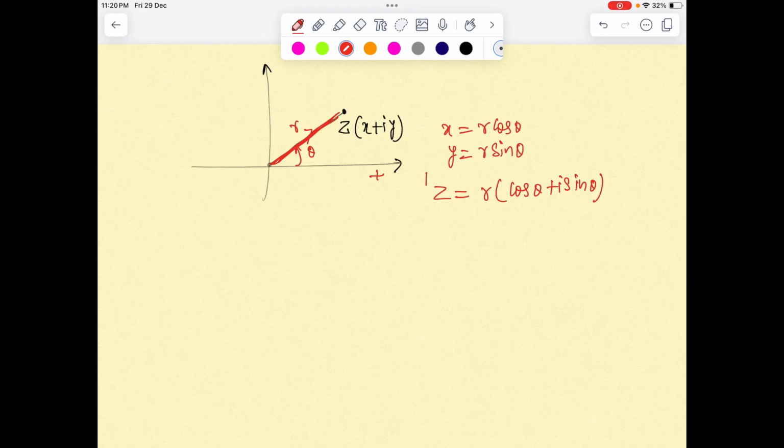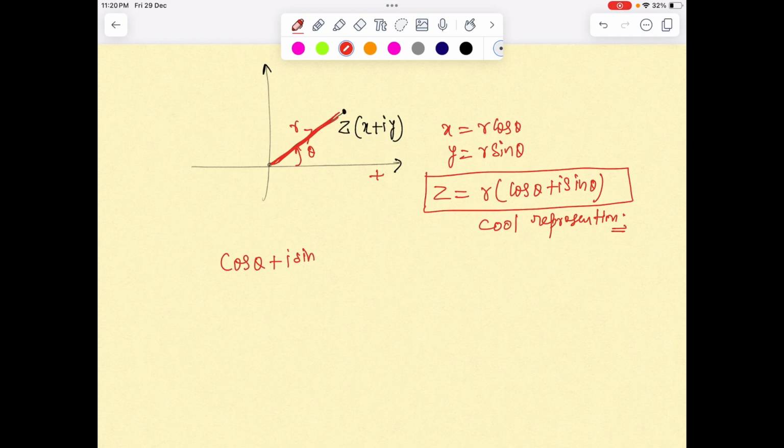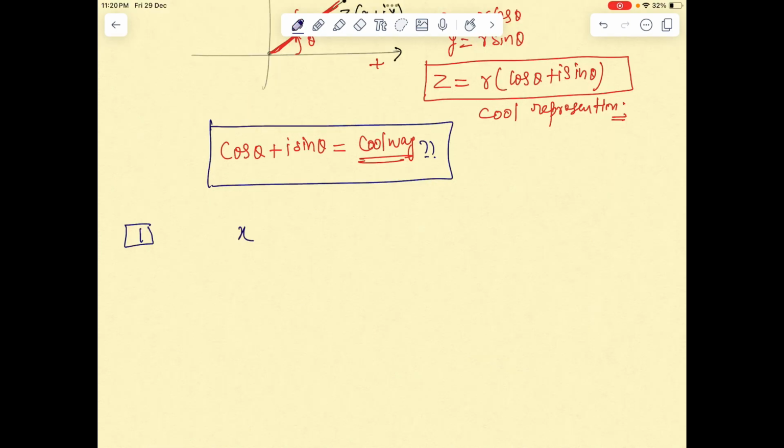We have seen already in the previous lecture what will be the implications of multiplying two complex numbers and dividing them. Now we are going to see a cool representation of cos theta plus i sin theta. So, can cos theta plus i sin theta be written in a cool way? First way to discover, like, can we package cos theta plus i sin theta in a better way, is let